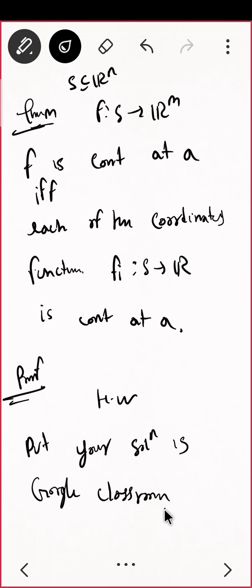Classroom. Okay, these are the two theorems which I want you to prove. You go back to how we proved it for scalar, and if you remember, we proved it for sequences also. When do we say a sequence is convergent? When each of the coordinate sequences is convergent, and this is quite the same. If I take S as natural numbers, then this is the same as the terms of a sequence. Okay, so I stop now. Do that as homework.